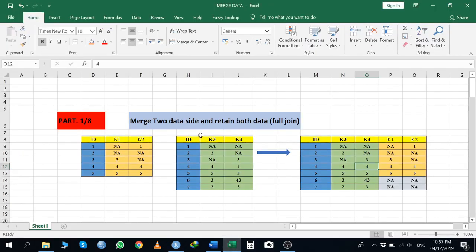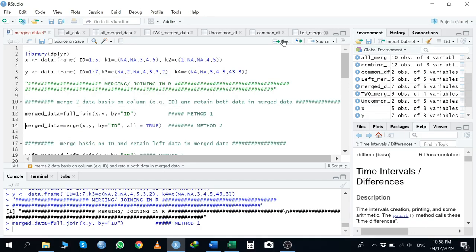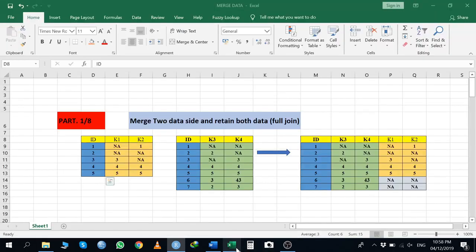As I have shown you, this is my ID variable, and I want to join both datasets on the basis of the ID variable. I have written basically two methods for each joining. In the first method I use the dplyr command, and in the second method I use the merge command. Both methods will give the same result. When I run this command, I get the same result which I have shown you here.